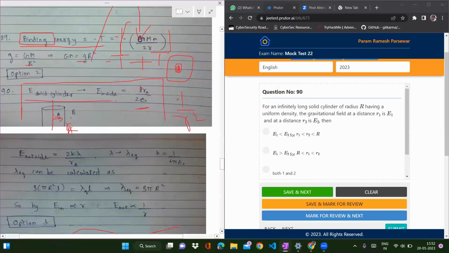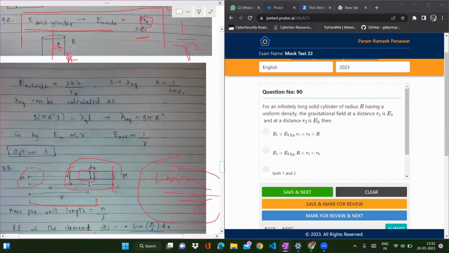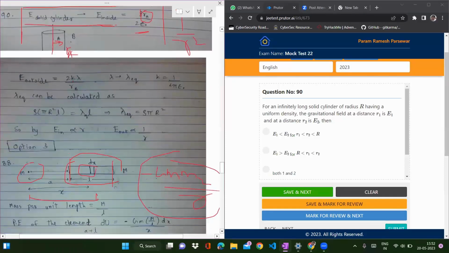We have the relations for the Coulomb force or the gravitational force. The variation for both these forces is the same. So there is the similarity. The variation is proportional to R inside, and outside the variation is proportional to 1 by R, which